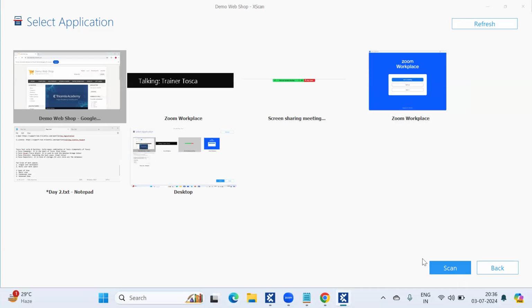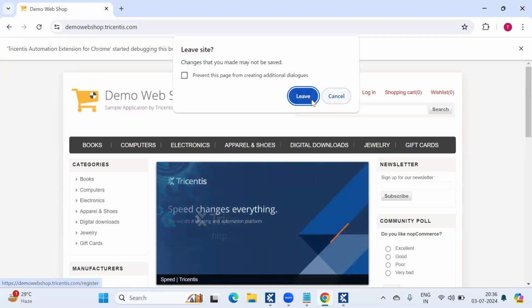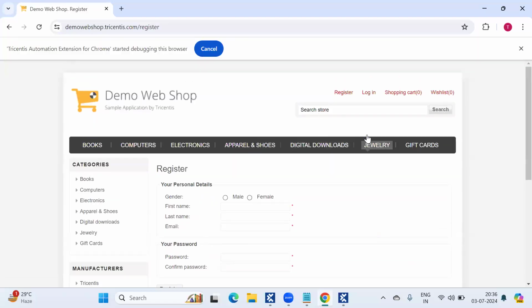Another purpose of select new application is that while you are scanning, you may think this is not the correct page which you want to scan. For example, if I click on this register button, now this page is open.